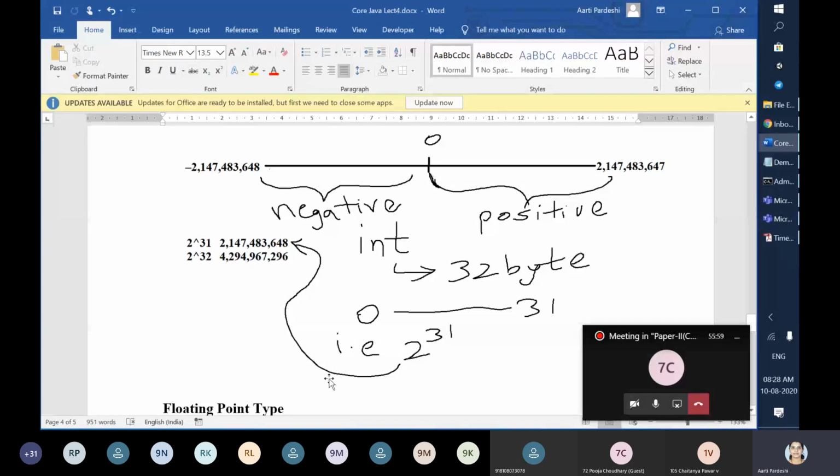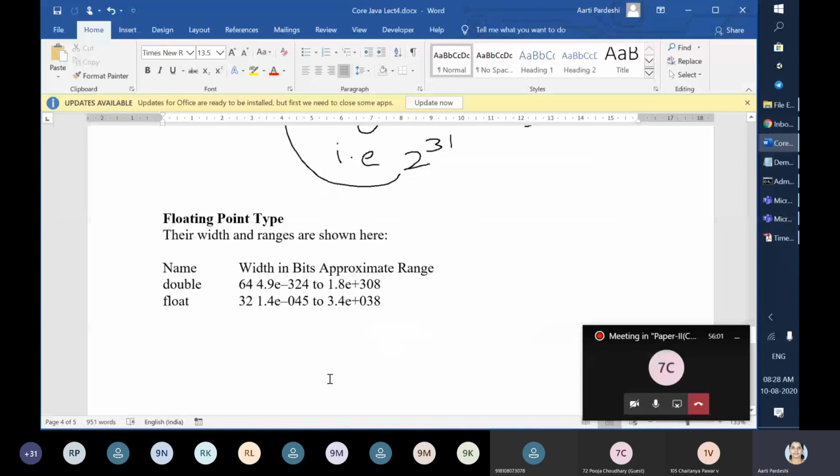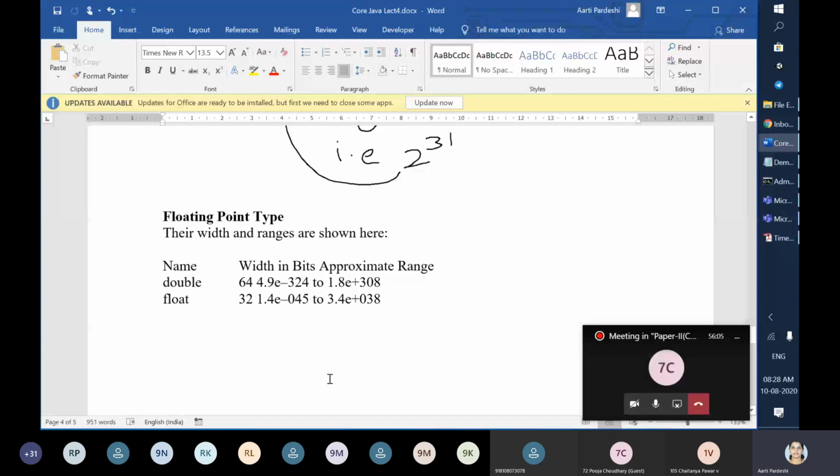Integers. Now I'm going to explain what is meant by single precision and double precision. So what is the exact difference in memory allocation of a float variable and a double variable? Because if you assign small values and do a calculation, float and double are the same for you, since you're going to do a simple program of addition, subtraction, multiplication with hardly 2 or 3 or 4 precision values. So it will be the same for you, but while assigning memory, how the Java compiler assigns memory to it, that we will understand.